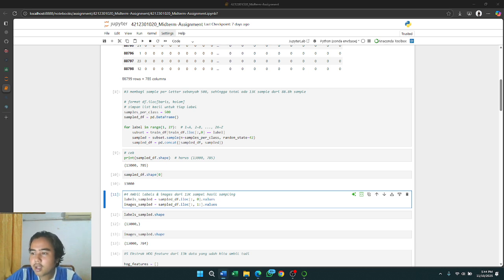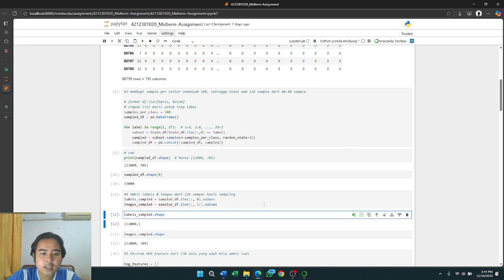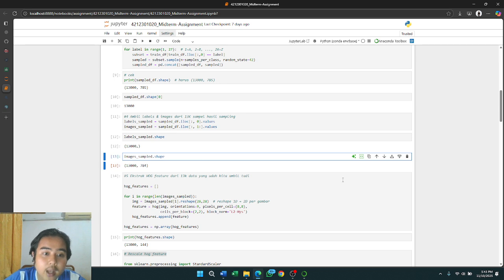Next is this cell used to display the dimension or size of the sample labels variable to ensure the number of available labels is proportional to the number of images that will be used in the model training process. Next, this cell displays the array size dimension of the image sample variable, which contains the pixel data of all sample letter images.